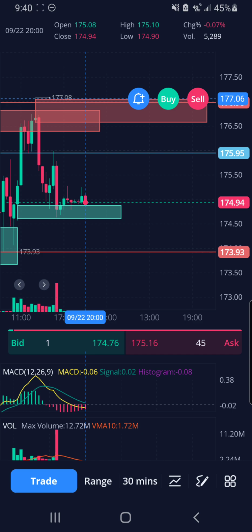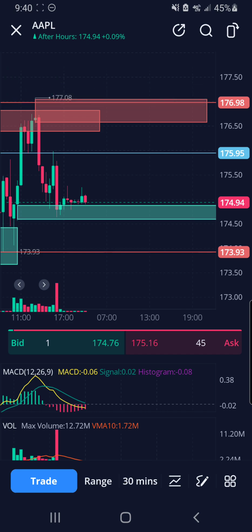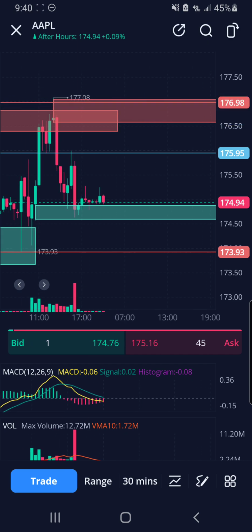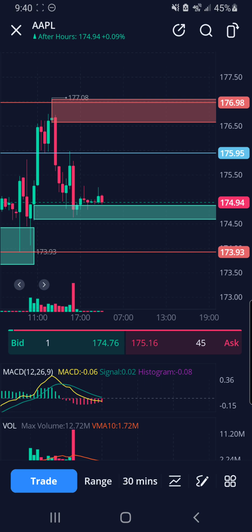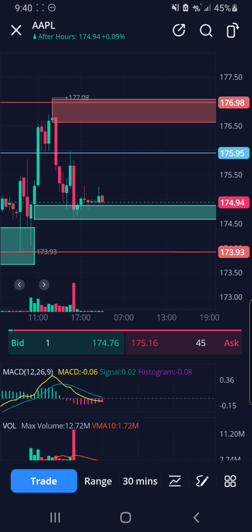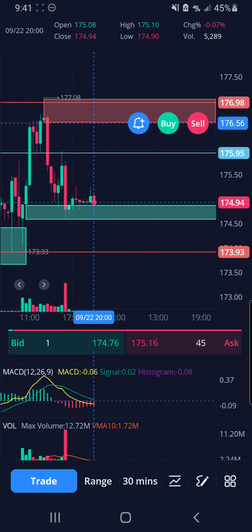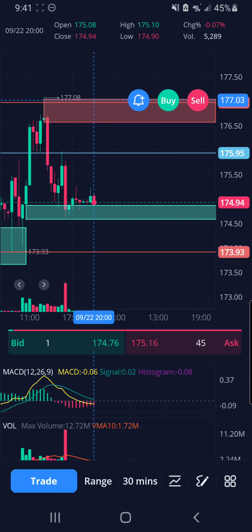So it could be that they're looking for this to be the new low, and that to be the new swing high in here. Now this is just me roughing it without really knowing much about the system. But if I had to guess, you'd be looking for it to come back up to 176.50, 57, potentially 177.08 being the top,